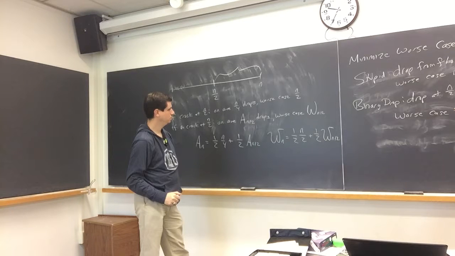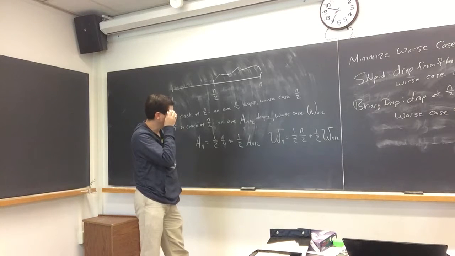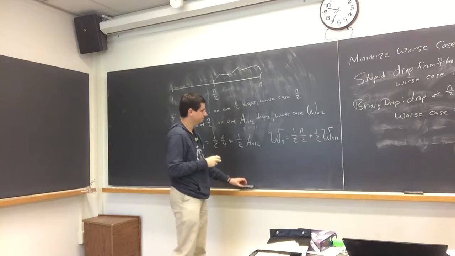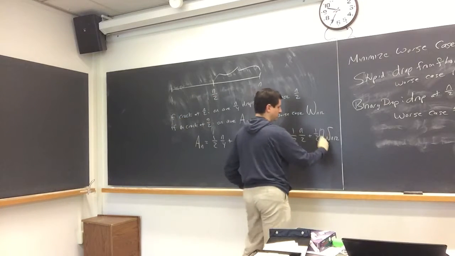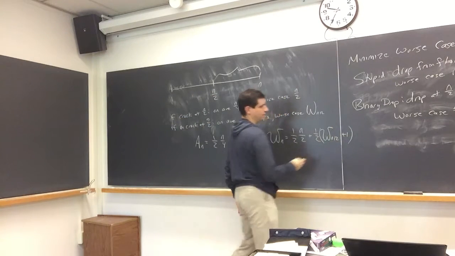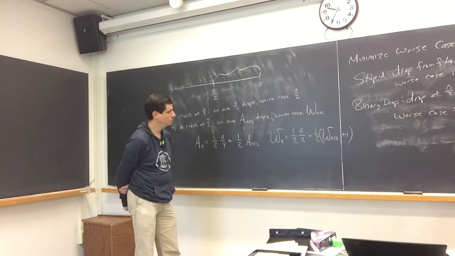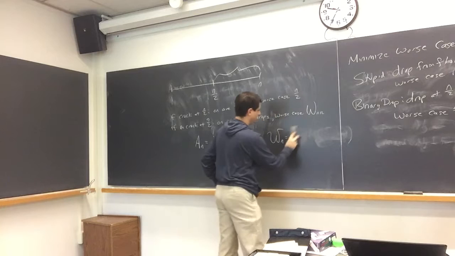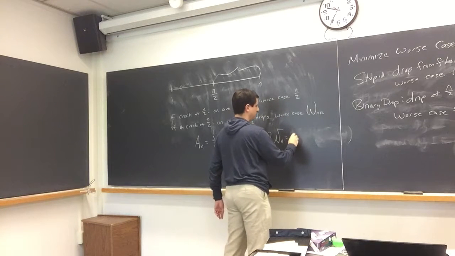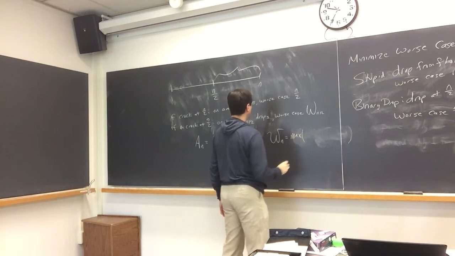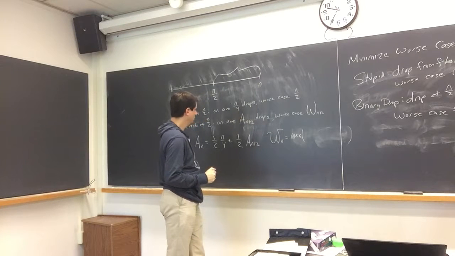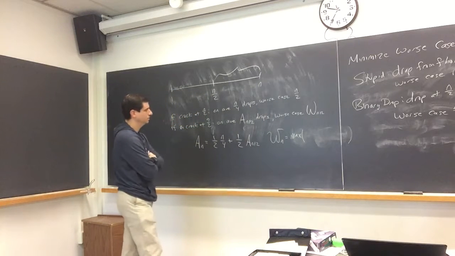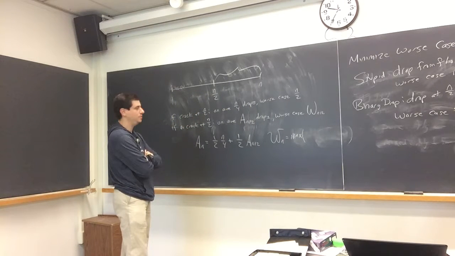Wouldn't worst case just be n over 2? Oh, wait a minute. n over 2 plus 1? I was going to say plus 1 over here, the worst case of this one. Then why are you adding them together? Oh, you're right, you're right. It's going to be the maximum. Well, the worst case seems like 1, because you have to. Yeah, I mean, actually, the worst case